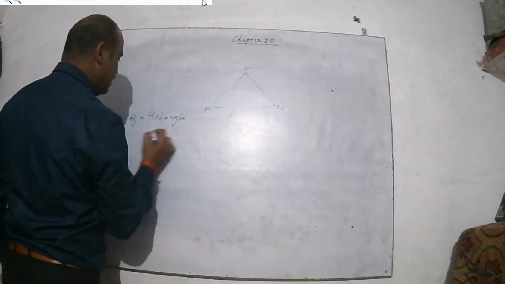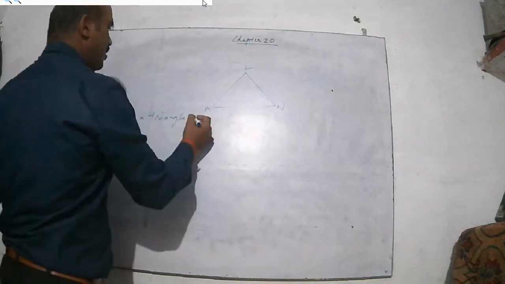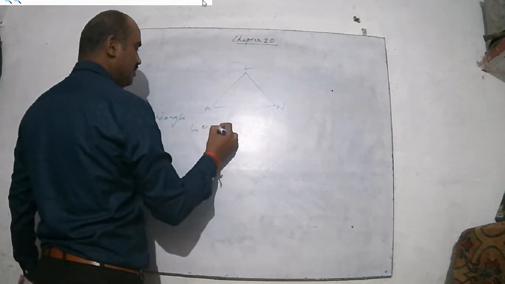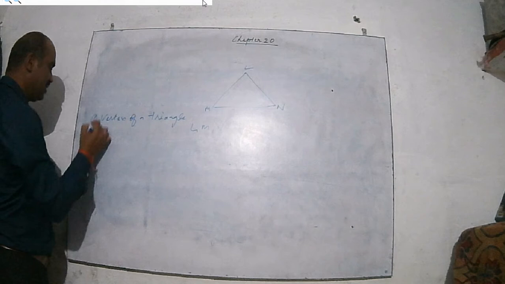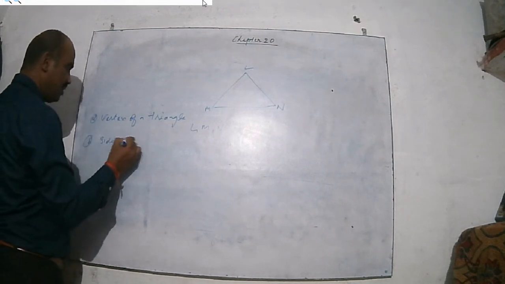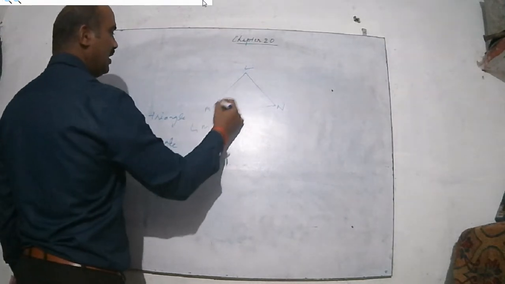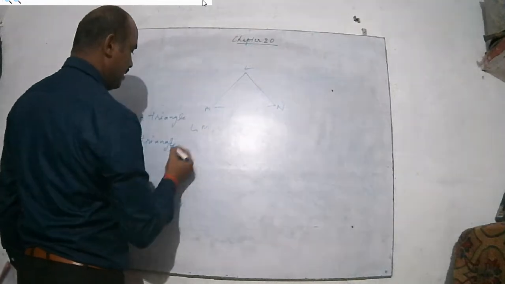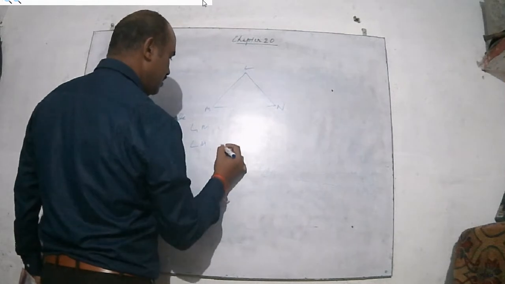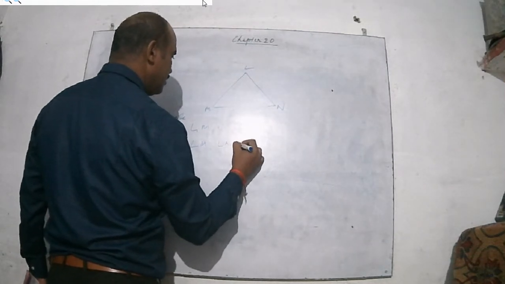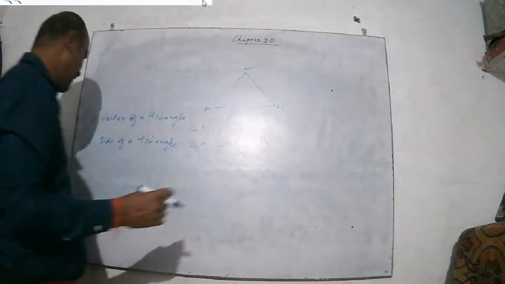Here L is there. Okay, L, M, N. So these are the vertices. You have to write here L, M and N. Okay. Now the side of the triangle, the B part is there. This is the part, sides of a triangle. So the sides of a triangle, you see this is LM, LN and MN. So these are the three sides.